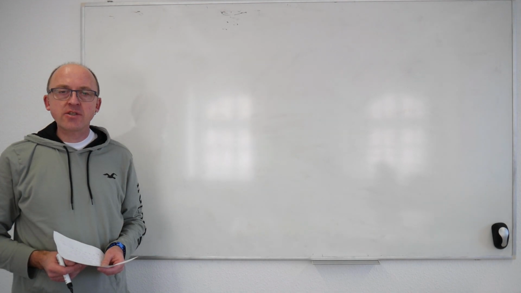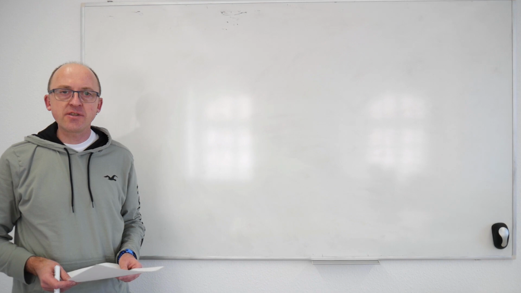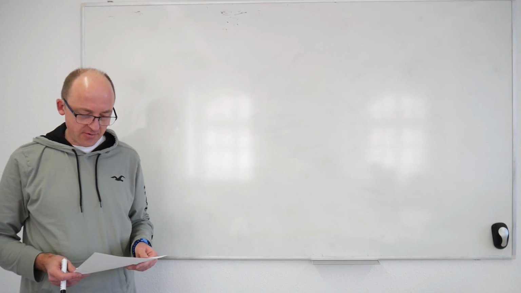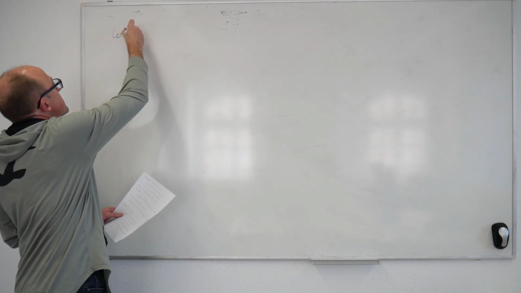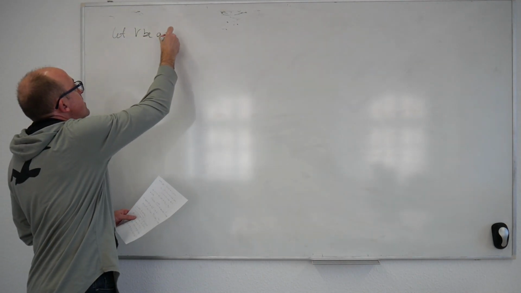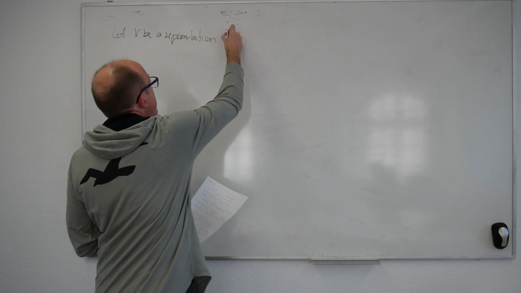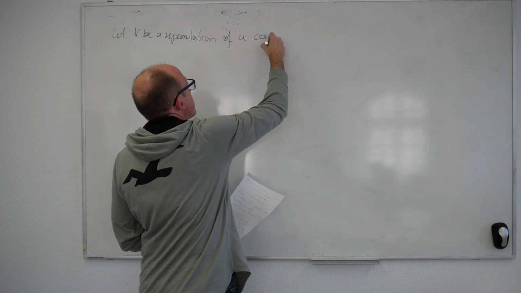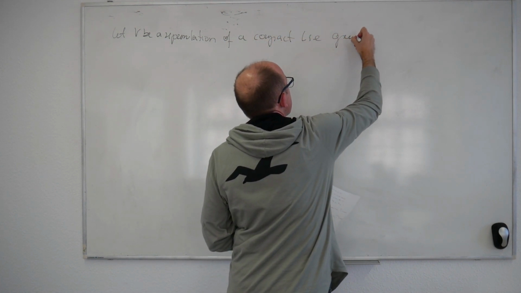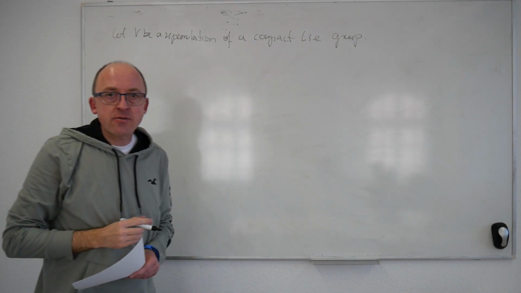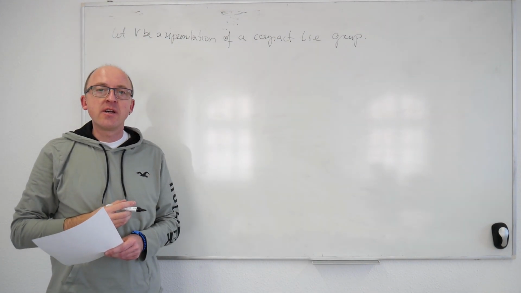The next piece of structure that I would like to recall is how to evaluate an orthogonal spectrum on a representation. This is very crucial for the equivariant story. So let me quickly remind you how this goes. So let V be a representation of a compact Lie group. And during this class, a representation will usually mean finite dimensional over the real numbers.